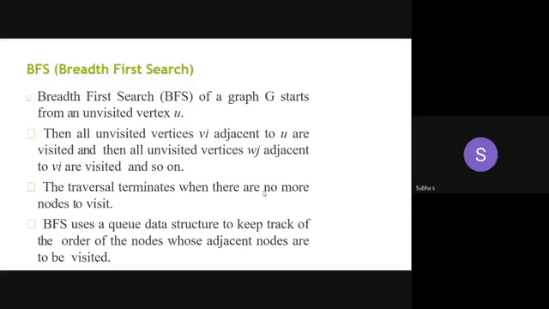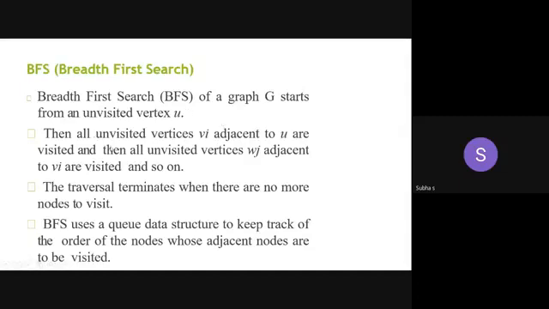At the end, all the nodes. Suppose in my graph, if I have 7 nodes, means all the 7 vertices should be visited at the end of the searching. But initially, we take it as what? Unvisited vertices. Now, let's start with one vertex. Then, from that vertex, you have to find the adjacent vertices.